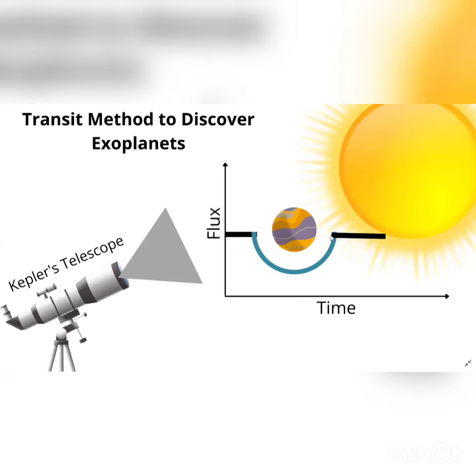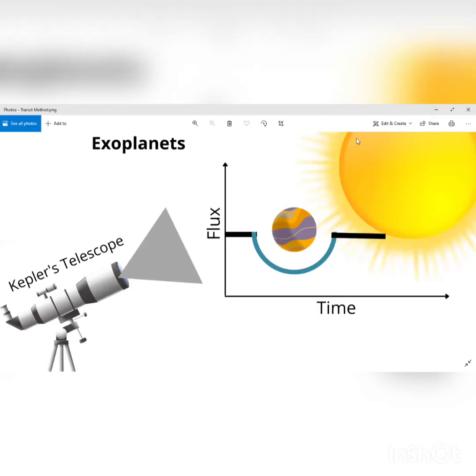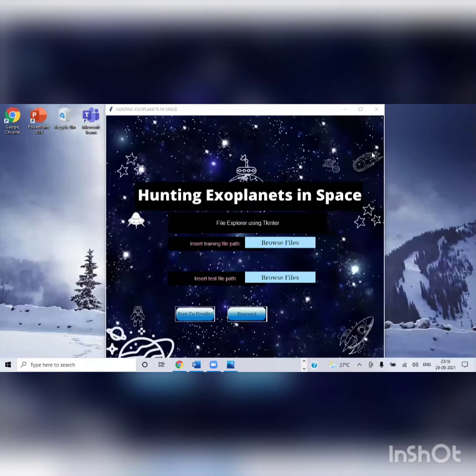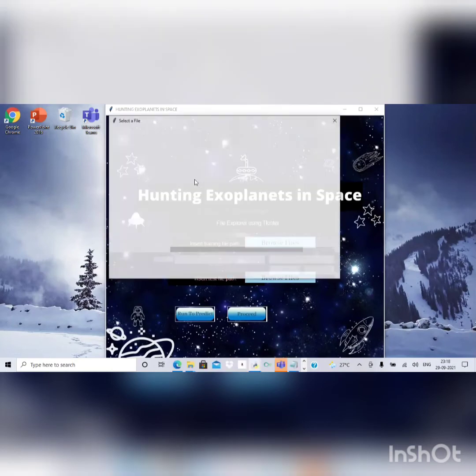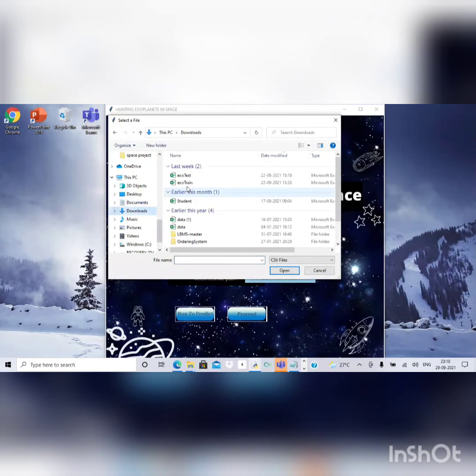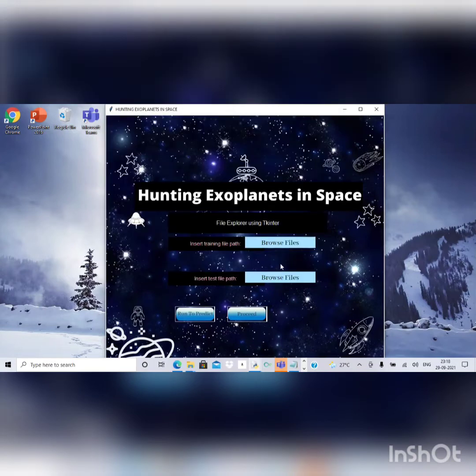This program has been created using Python, file handling, and a prediction model that is used to predict the presence of an exoplanet revolving around a star. The program contains mainly two sets of data, which can be uploaded using Browse Files buttons. The first set of data is the training data set. It is pre-calculated and formulated data that is fed to the computer in order to compare the values.